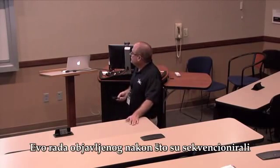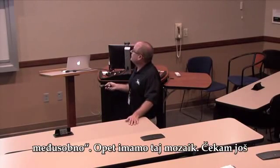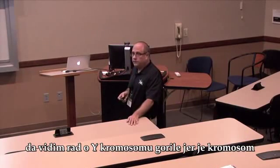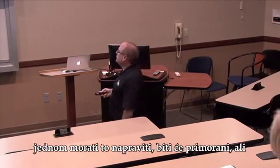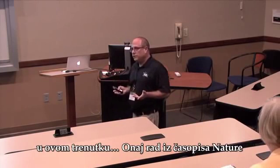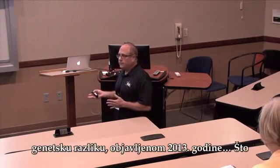This was a paper published when they sequenced the gorilla genome, and they found that 30% of the genome in gorilla is closer to human or chimpanzee than the latter are to each other. Once again, this mosaic. And I have yet to see a paper on the gorilla Y genome, because probably the chimp Y chromosome was too much of a disaster. I know eventually they probably will do it. They'll be forced to. In fact, that Nature paper I showed you where they resequenced all those genomes from chimps and from orangutans and from gorillas out in the wild to determine the genetic diversity